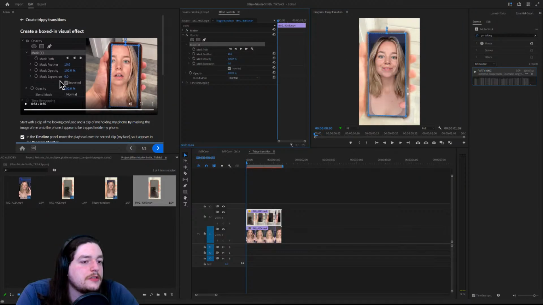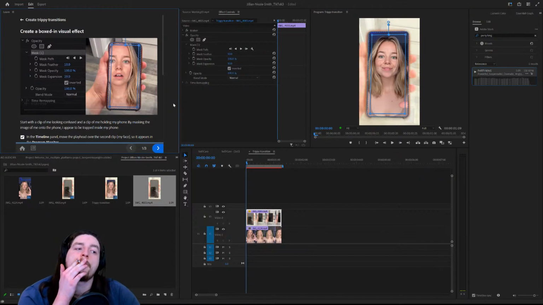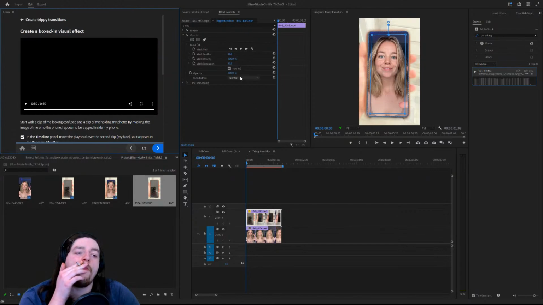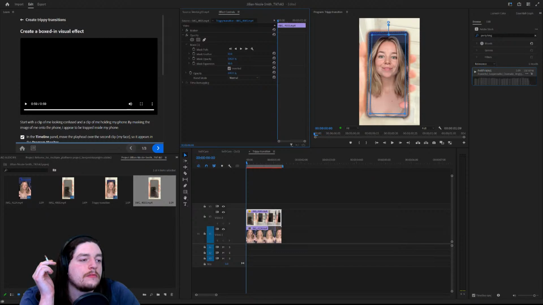Let's have a look at this mask expansion. It's a little too big. Tweak that like that. So I'm just going to hold down on that and move my cursor over to the right, and you'll see those edges form. I could make that better, but